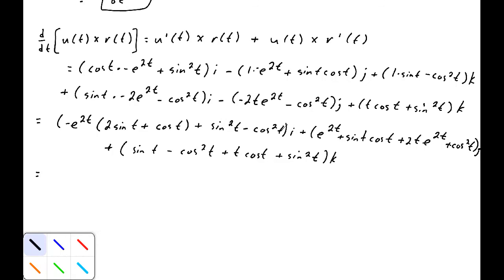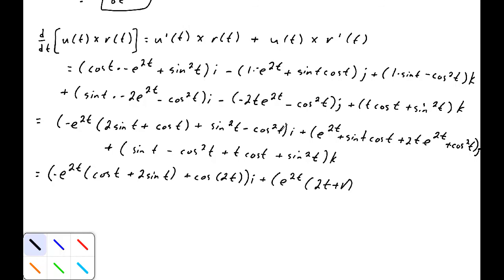So our first term, parentheses, negative e to the 2t, parentheses, cosine t plus 2 sine t, close parentheses, plus cosine of 2t, and again that is coming from sine squared t minus cosine squared t, and that close parentheses makes for our i term, plus parentheses, e to the 2t, open parentheses, 2t plus 1, close parentheses, minus sine of 2t, close parentheses, j,